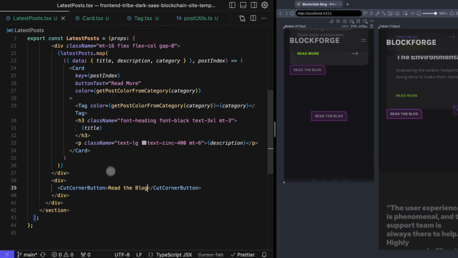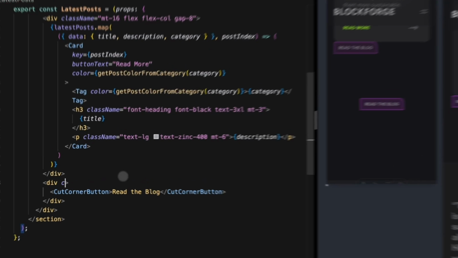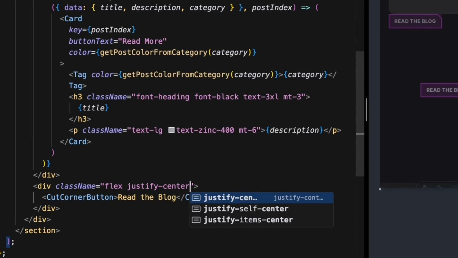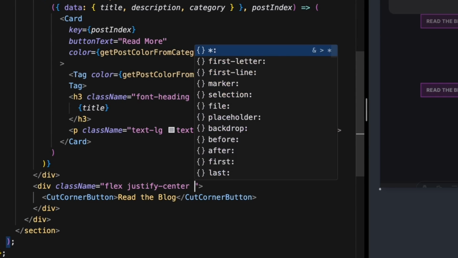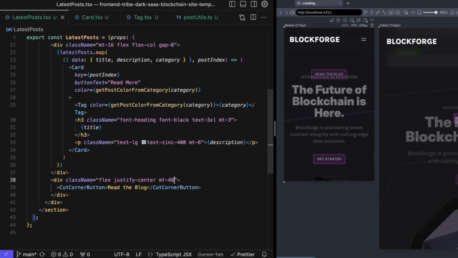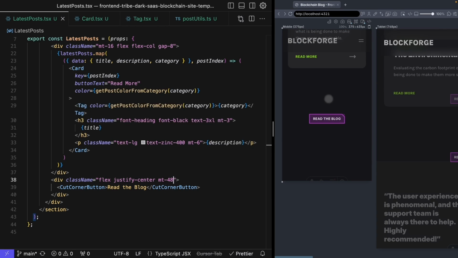Now, when we have a place to put this, we'll probably go ahead and add a link here as well, but for now we don't. So let's go ahead and bring this button down to the right spot by giving this outer div a class name of flex and justify center to push it towards the center of the screen. And then we just need to say MT48,